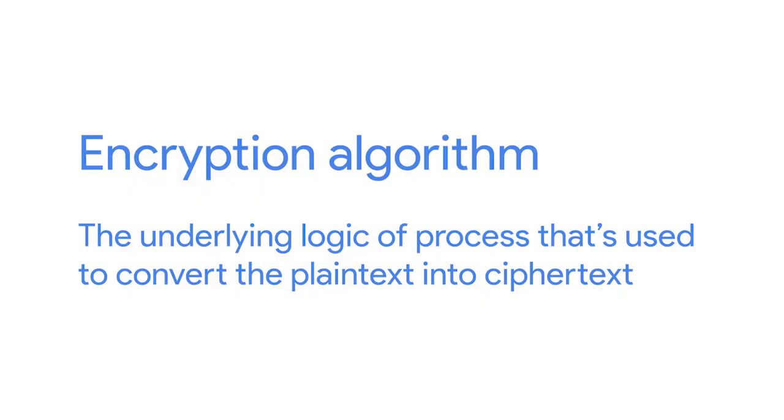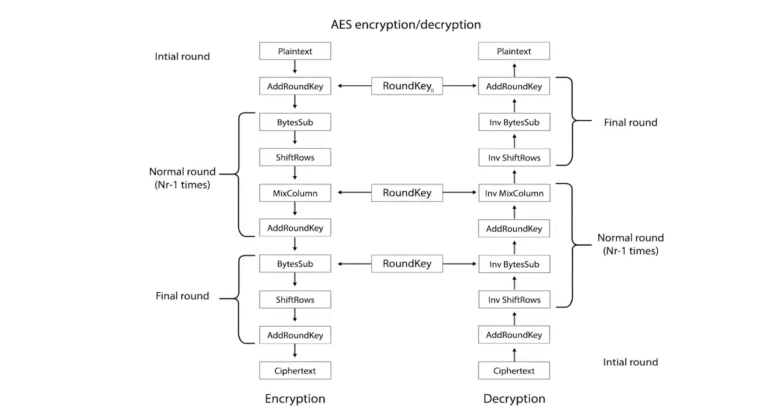A cipher is actually made up of two components, the encryption algorithm and the key. The encryption algorithm is the underlying logic or process that's used to convert the plaintext into ciphertext. These algorithms are usually very complex mathematical operations, but there are also some very basic algorithms that we can take a closer look at that don't necessarily require a PhD in math to understand. The other crucial component of a cipher is the key, which introduces something unique into your cipher. Without the key, anyone using the same algorithm would be able to decode your message,